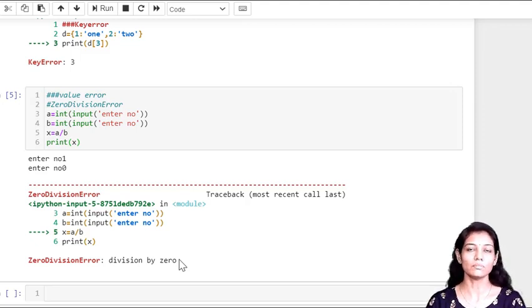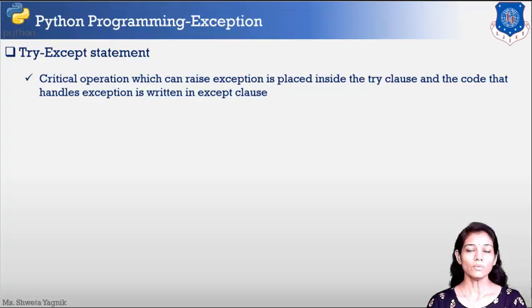There are also a lot of others, but now we will try to understand, if this sort of exception occurs, how to handle it so that my program will not terminate. So we have the try-except block.